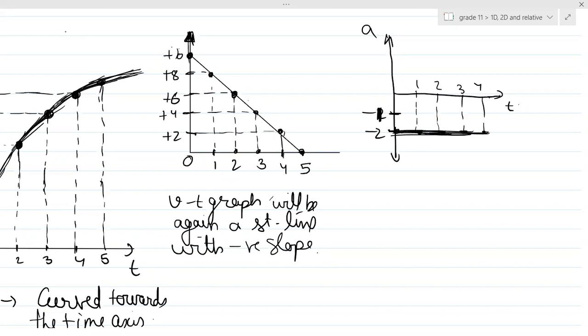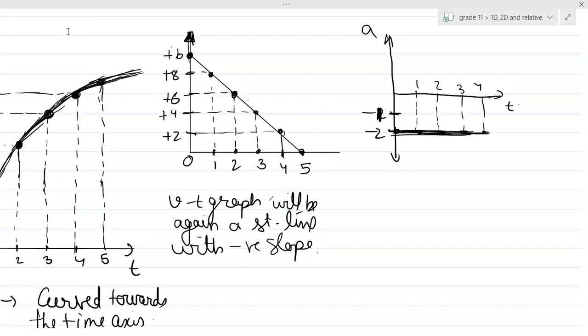Whenever you're done noting, there are 2-3 important things to note in this case. Can you see, even if the velocity was decreasing in this example, still the object was going in the positive direction? Yes or no? Even if the acceleration was negative, still the velocity was positive, right?